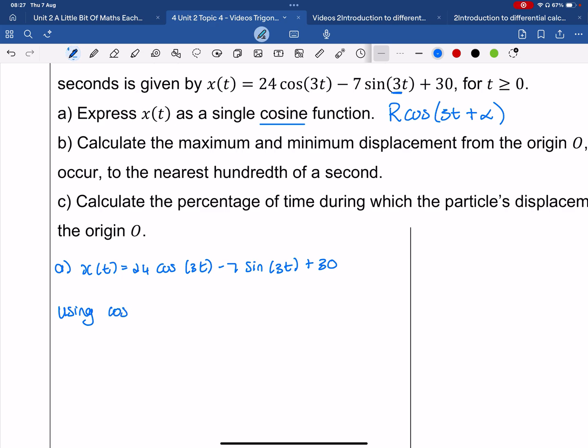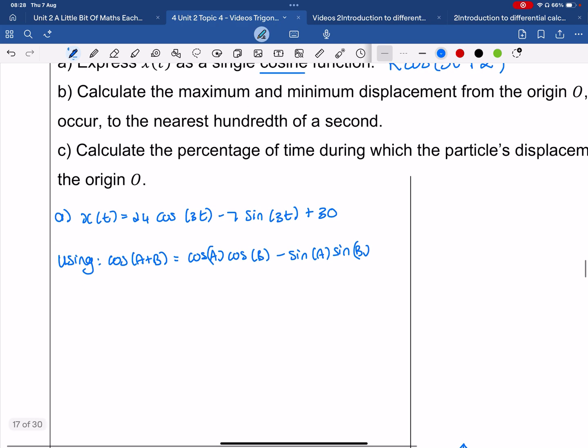So cos of a plus b is cos a cos b minus sine a sine b. And in our case, our a is going to be our 3t and our alpha will be our b. So I can then say,